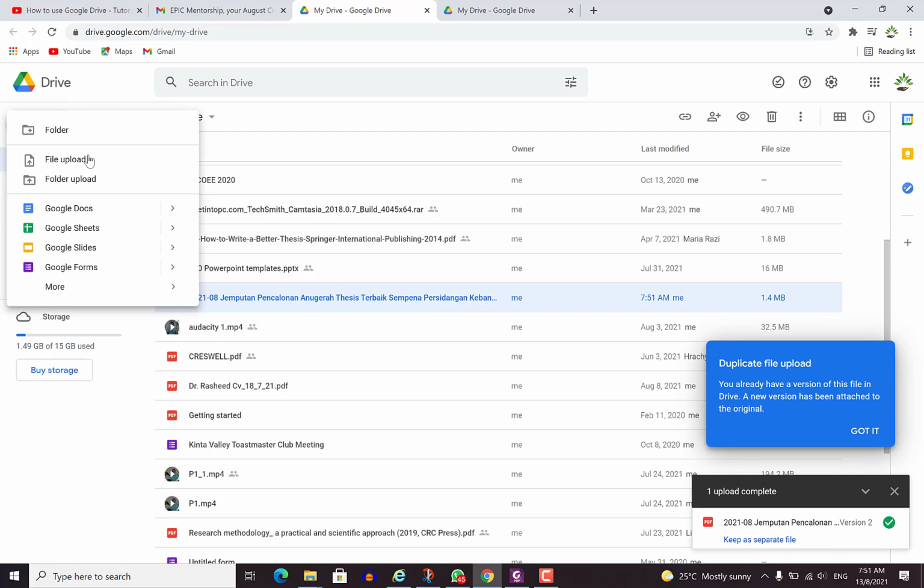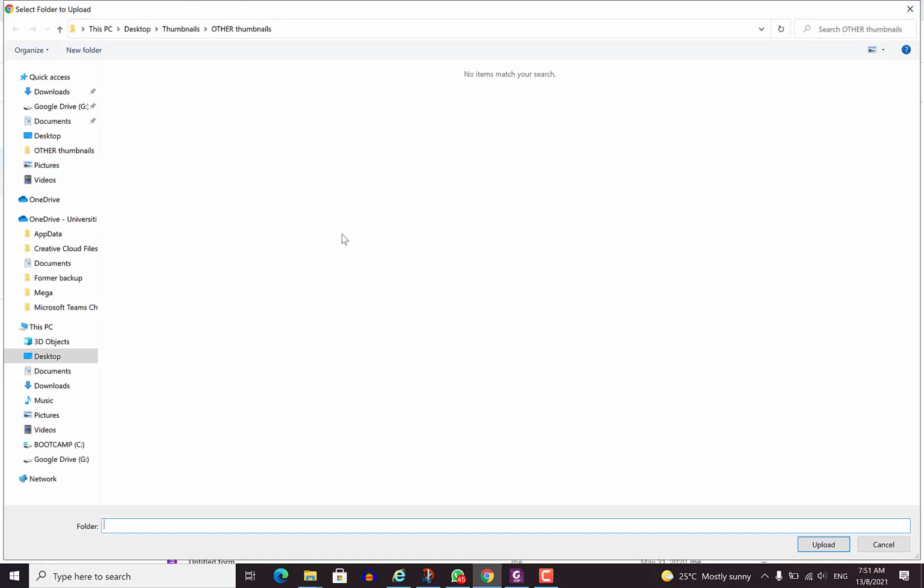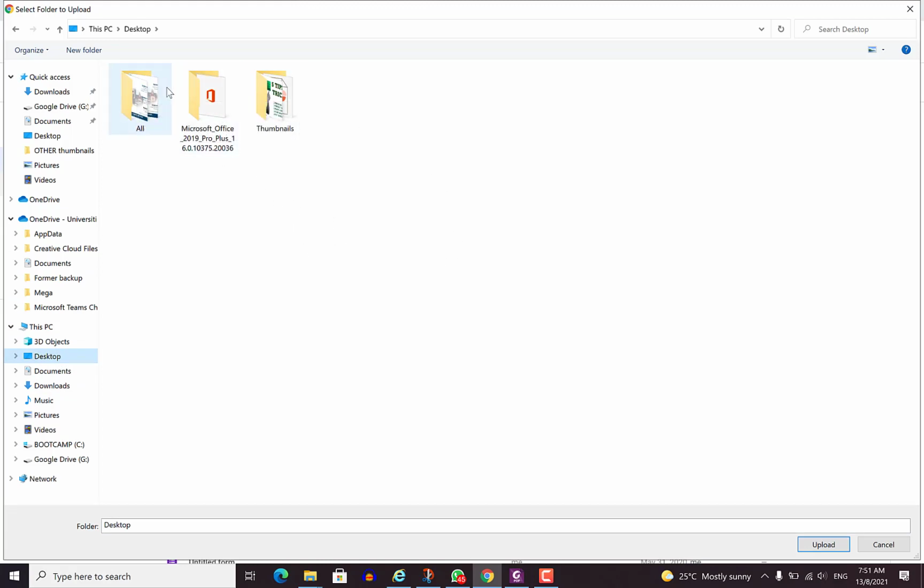You can upload a file, you can upload a folder, just like now I drag and drop a folder. I showed how to drag and drop a folder. You can equally upload a folder using the same method. You click and you can navigate to, for example, where you have folders. You can click on this and it will upload the whole files within that folder.